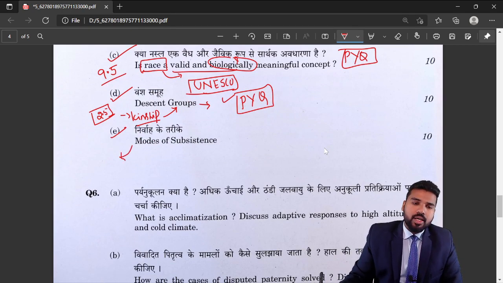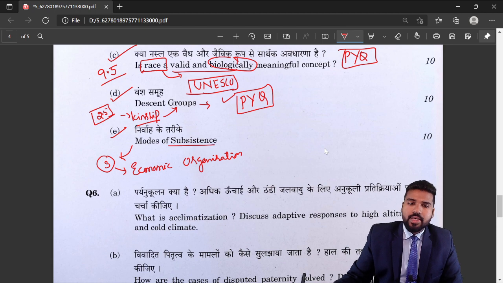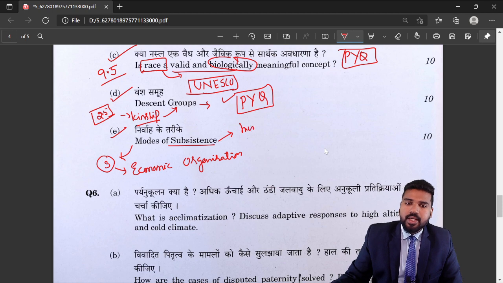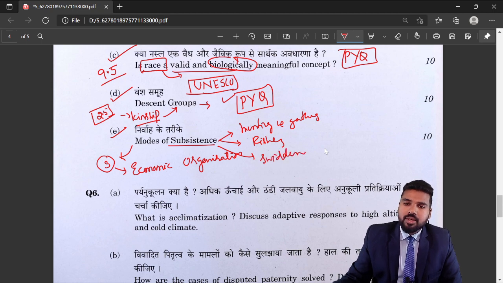See, this is from your chapter number 3, which is economic organization. Okay, economic organization, where we look at different types of modes of subsistence ranging from your let's say hunting and gathering, then there is fishing, then there is swidden, का मतलब है shifting cultivation, then there is horticulture, even there is primitive agriculture,